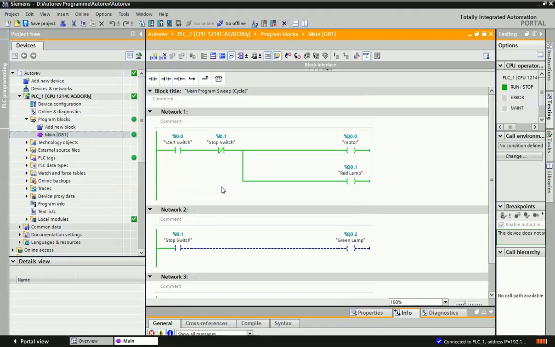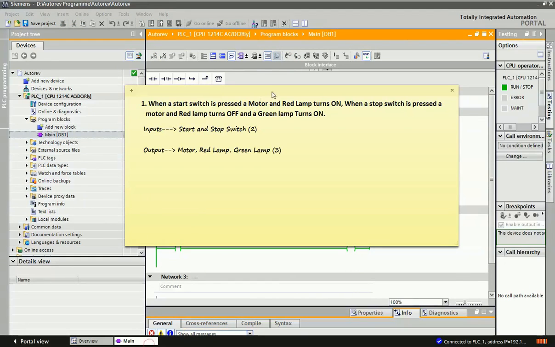So now I will press the stop switch, so this NC contact will open, and both motor and red lamp outputs will be off, and this open contact will be NC, and from the stop switch we can turn on this green lamp. So according to our logic, you can see